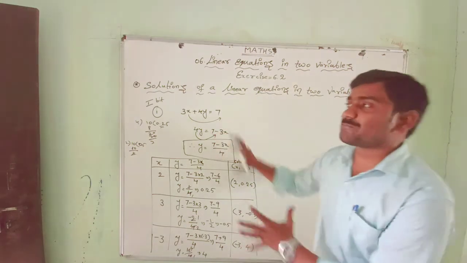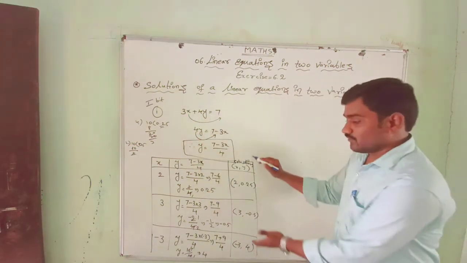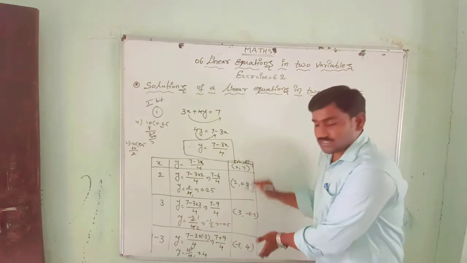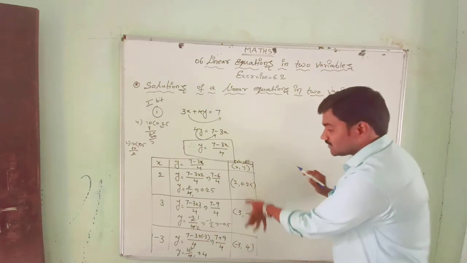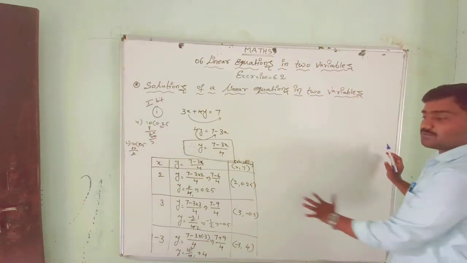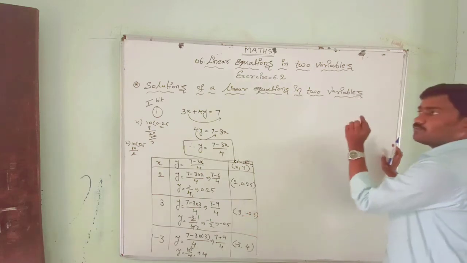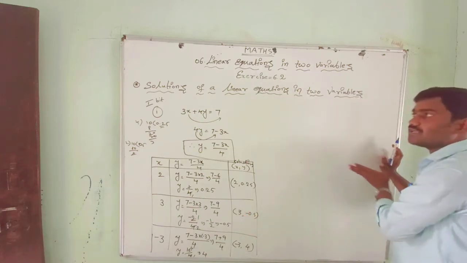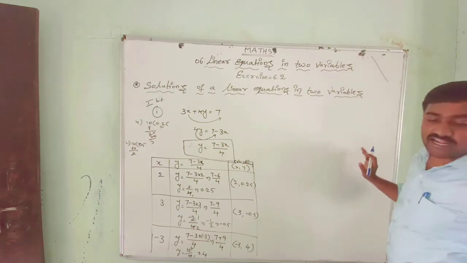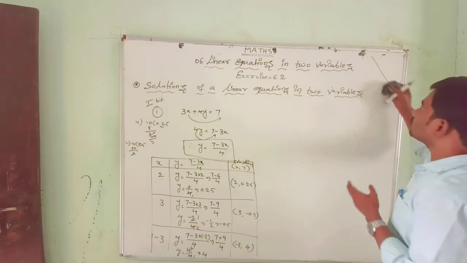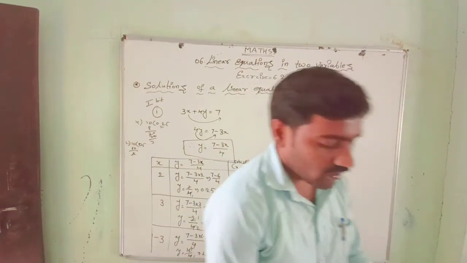So how to draw the graph of this linear equation? Simple. You find out 5 points like this. Here we have got 3 points now. Similarly, you find out the 5 points. These points you have to locate on the graph paper. X value, y value, locate it, put a point. And draw a line. Definitely, a linear equation graph will always give you a straight line. So I will tell you in the next exercise how to draw like that.